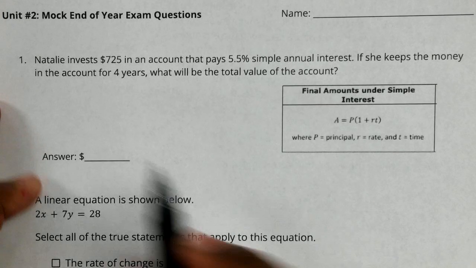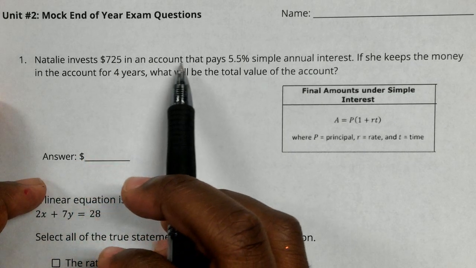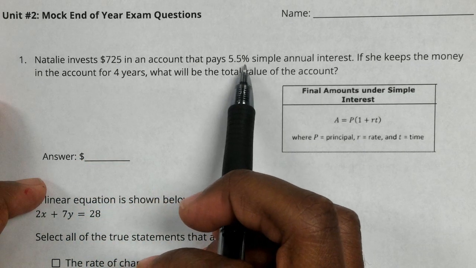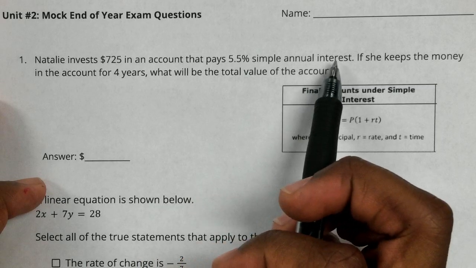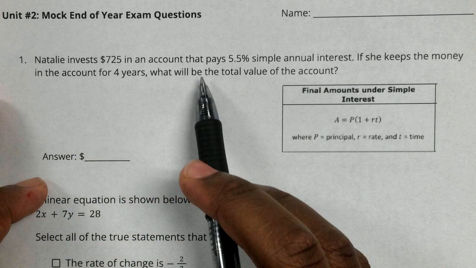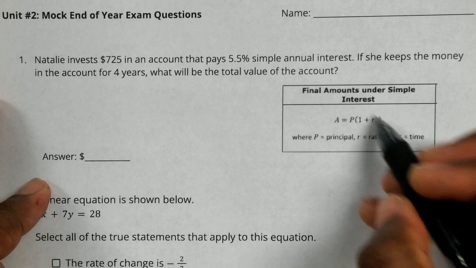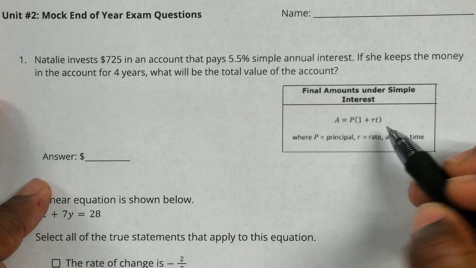Question number 1 says Natalie invests $725 in an account that pays 5.5% simple annual interest. If she keeps the money in the account for 4 years, what will be the total value of the account? Okay, so what we need to do is use this formula for simple interest to calculate